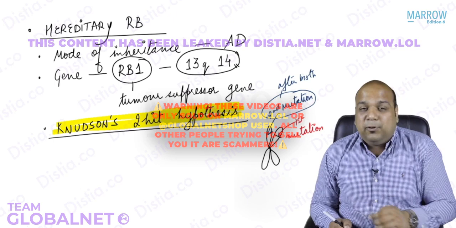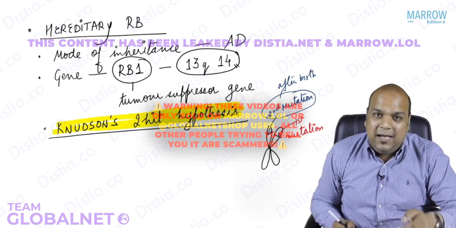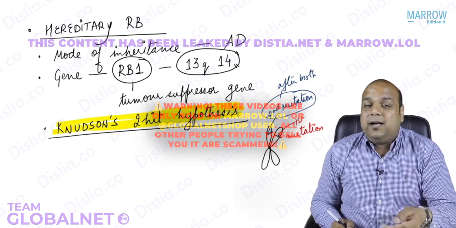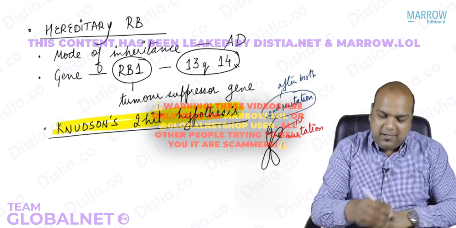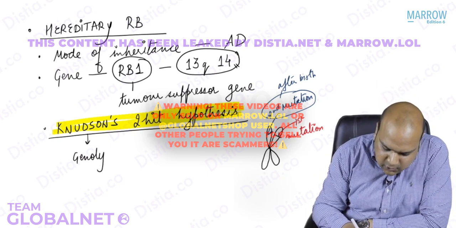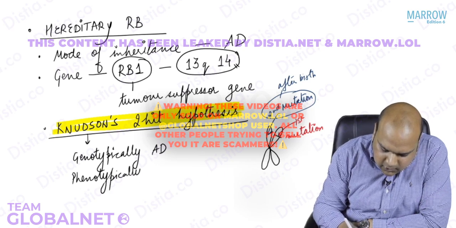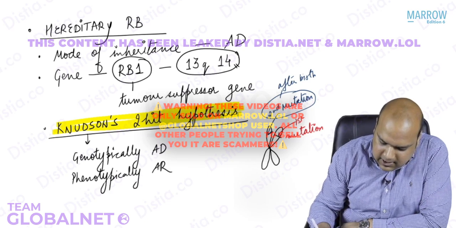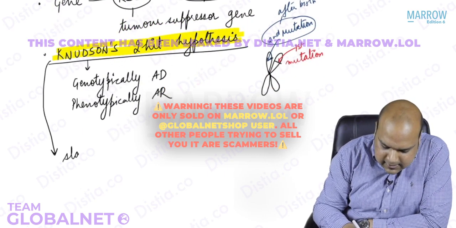So Knudson's two-hit hypothesis is telling us that it is only after the second mutation or the second hit, everybody, that the clinical presentation will start, and there are two mutations occurring at two different points of time, everybody. So based on Knudson's two-hit hypothesis, again I say genotypically, everybody, we are autosomal dominant, but phenotypically we have autosomal recessive. Or if we say in simple English, Knudson's two-hit hypothesis states